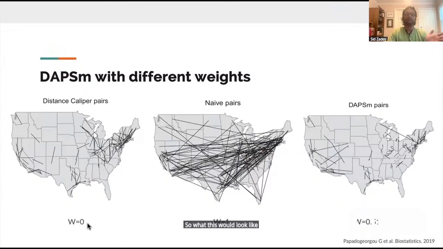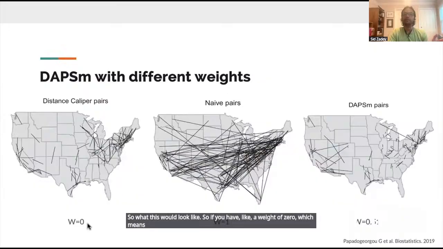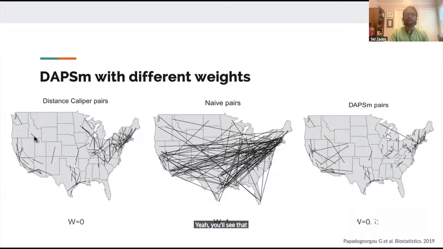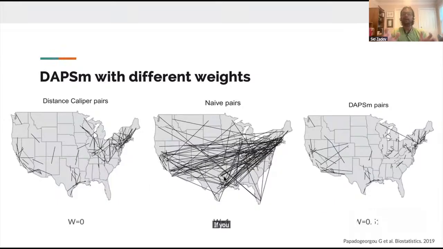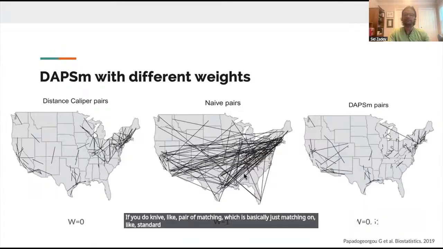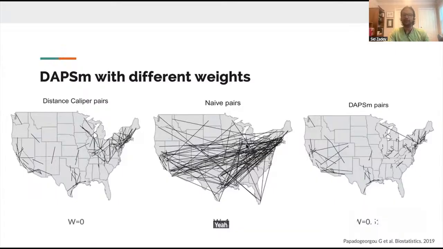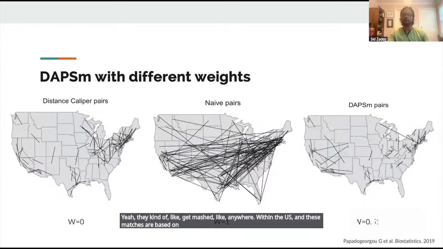If you have a weight of 0, which means that you are only matching on distance, you'll see that basically you get a match of all the power plants that are close by, right? If you do naive pair matching, which is basically just matching on standard propensity scores, they get matched anywhere within the US. And these matches are based on how similar the two power plants looked based on their other measured,